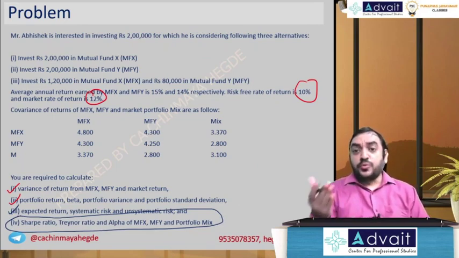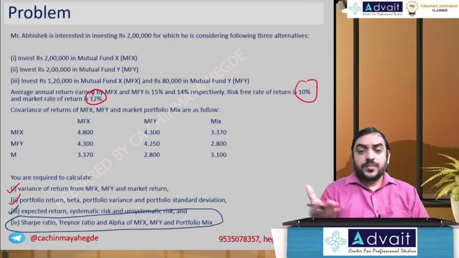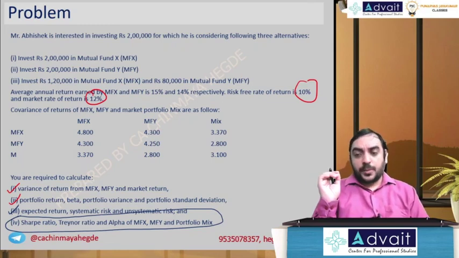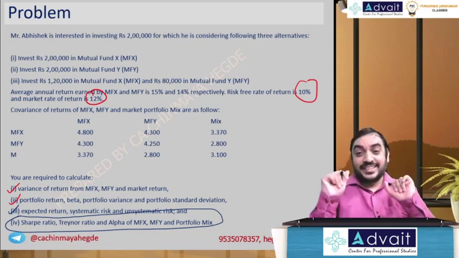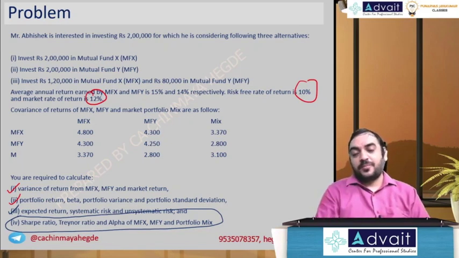Actually, these ratios are part of the mutual fund chapter if you see the study material questions. But I've included them here because I think they are more relevant for the portfolio chapter. But it will again come in the mutual fund chapter also in some problems, so you might see some duplications. Anyway, three ratios only will come. Now, can you tell me first of all, how many ratios I have to calculate for the fourth part of the problem? They asked Sharpe ratio, Treynor ratio, alpha. So how many ratios I have to calculate in total? Count.